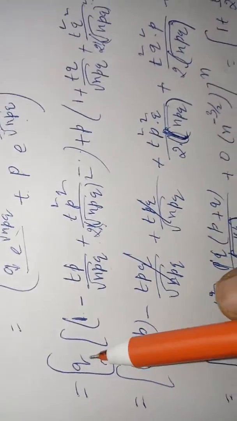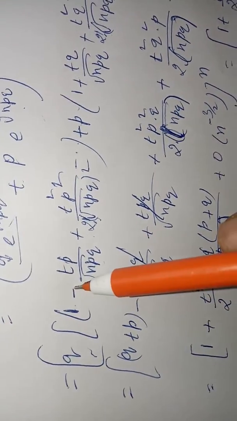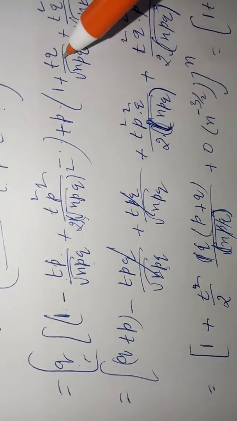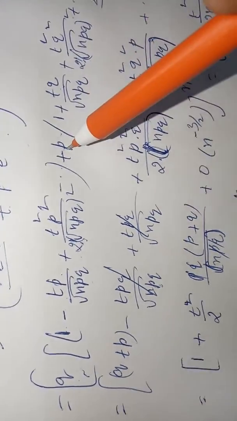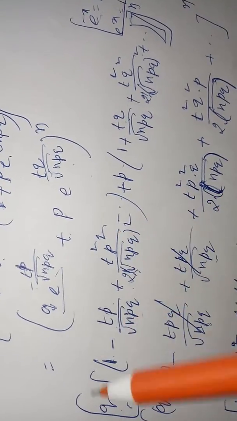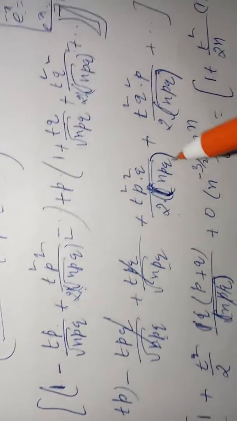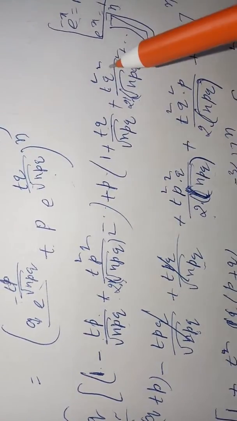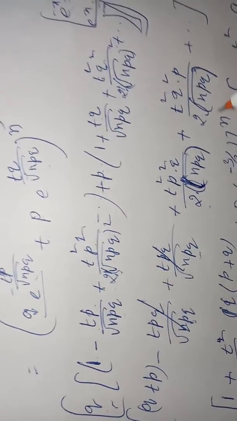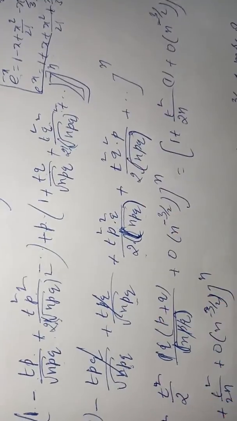The next term, q into 1 plus p into 1, so q plus p minus tpq by root npq plus tqp by root npq plus t square p square q by 2 into npq, plus t square p q square by 2 into npq. Here p square and here q square into p, and the roots and squares get cancelled. So from this what you can write